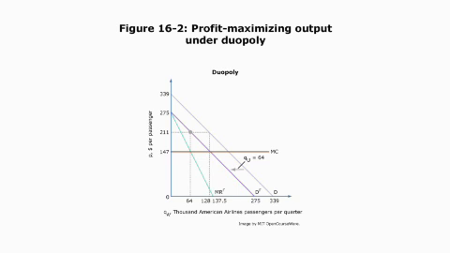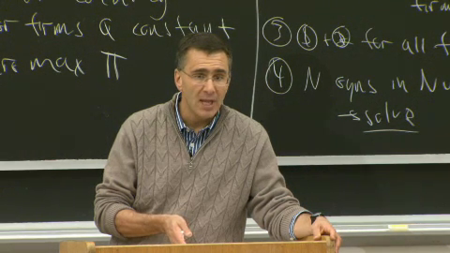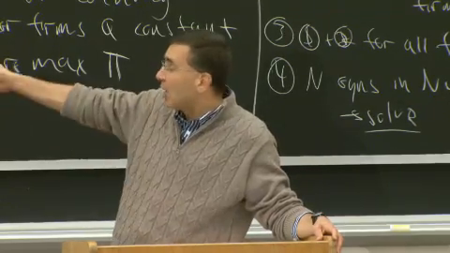That creates a new marginal revenue curve, MR super R. That new marginal revenue curve intersects marginal cost at 64,000. That's why I fly only 64,000 flights at a price of 211. So here's one example of how, given an amount United's flying, American chooses how much to fly. Questions about that? The graphics tie to the math I did here.